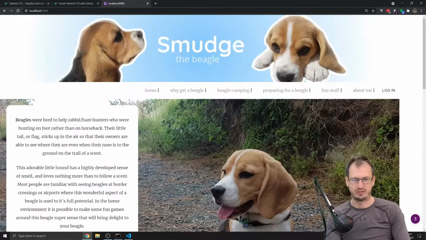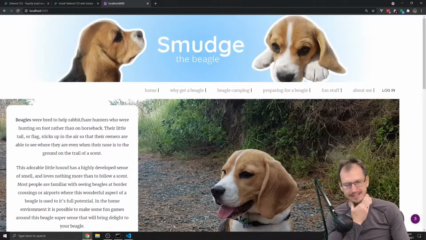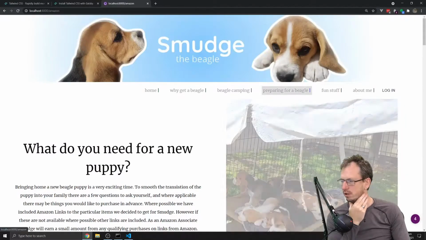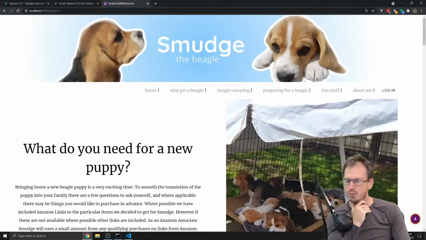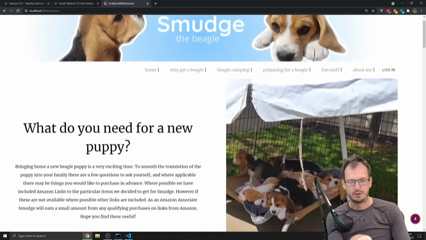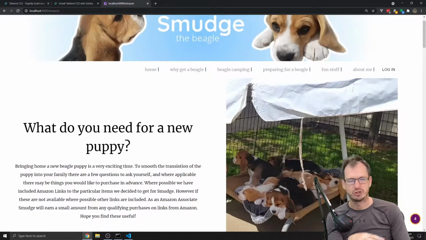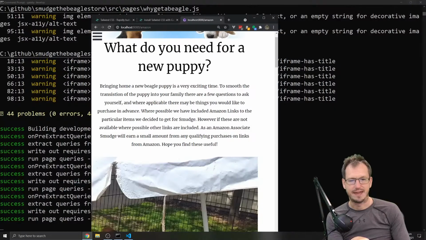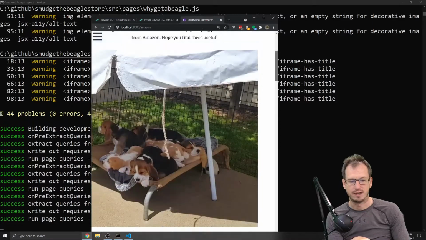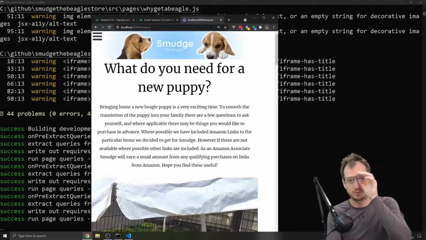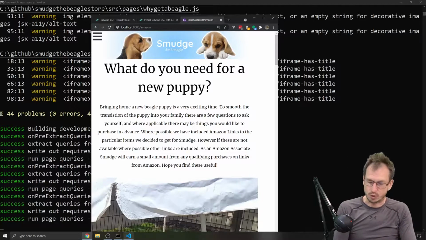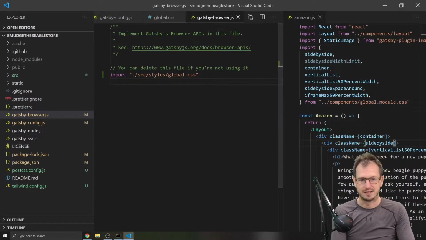That's good. Now the page I'm going to be looking at is preparing for a beagle. And on here we have a few things where I have this side-by-side idea. So if you look here, when it's quite a big page, we have the image on the side, and when I make it smaller, it flips it over. So we've got the responsive design for that implemented, but it has required me to create